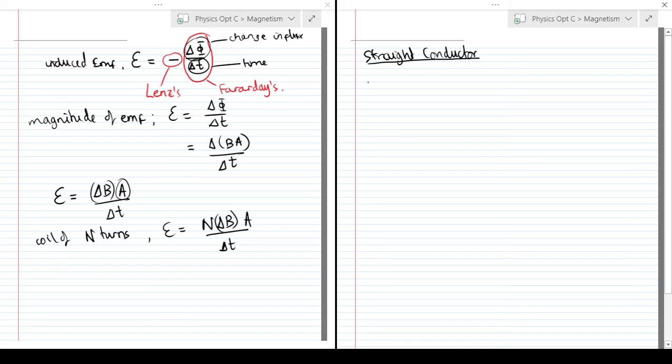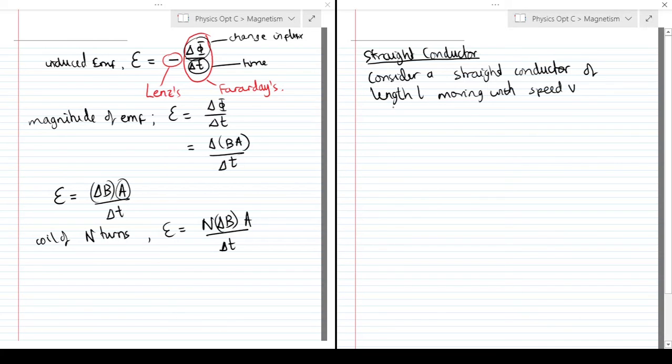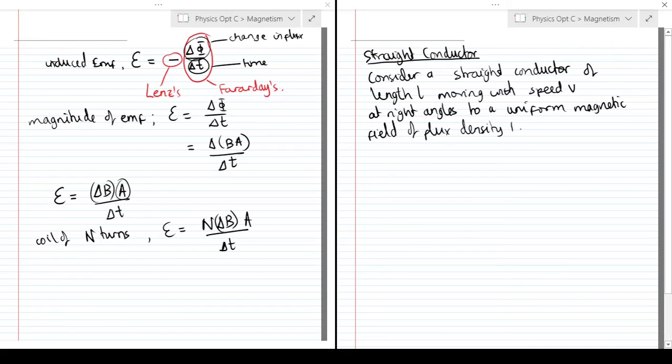Moving in a magnetic field. So consider a straight conductor of length L moving with a speed v at right angles to a uniform magnetic field of flux density B, right? So what would happen there is you would have, this is your uniform magnetic field, let's say just